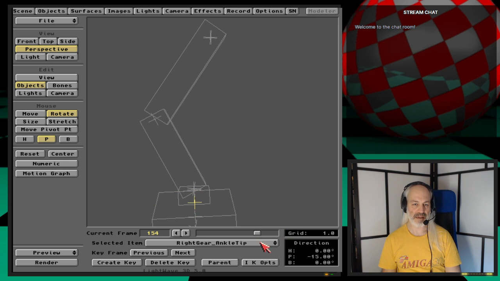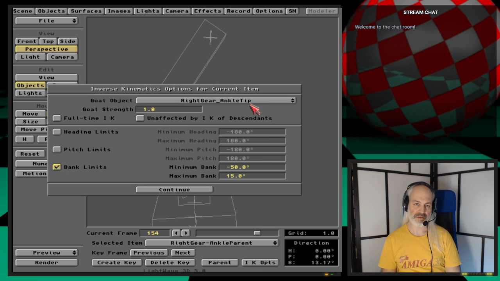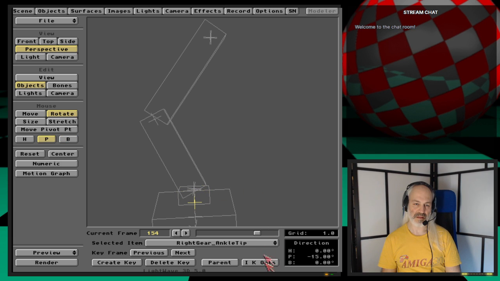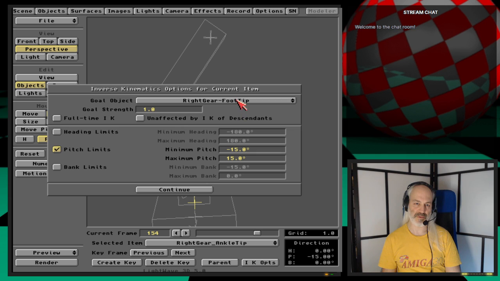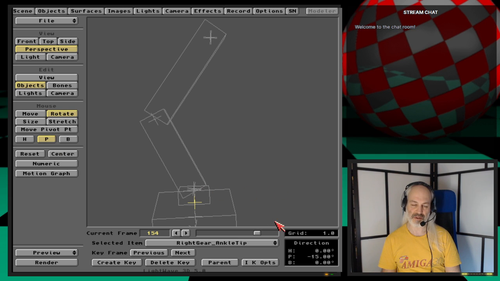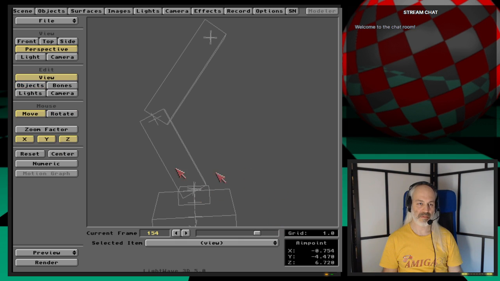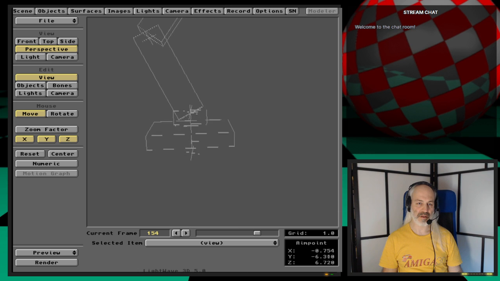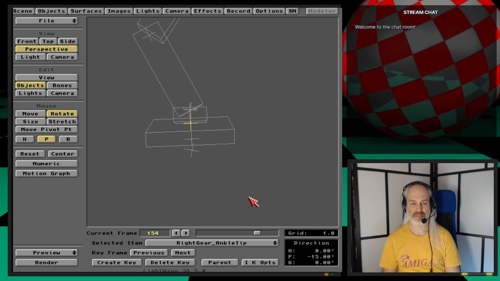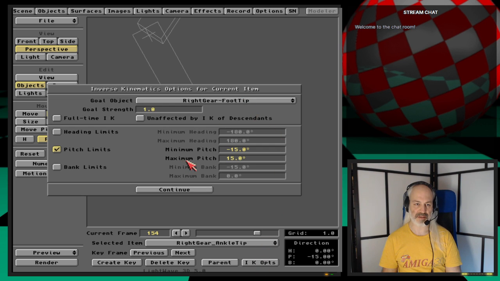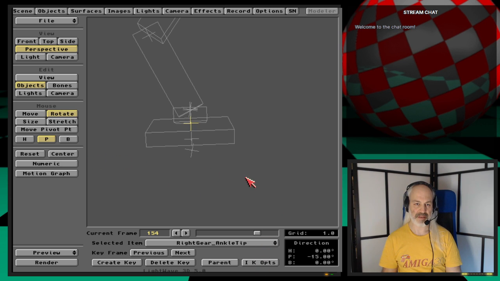And after that, the ankle tip actually has the foot tip as its goal, of course, here. Okay. And this has the foot tip as its goal. Okay, let me go over here, there. So this is the ankle tip. It has a foot tip as its goal on the pitch,